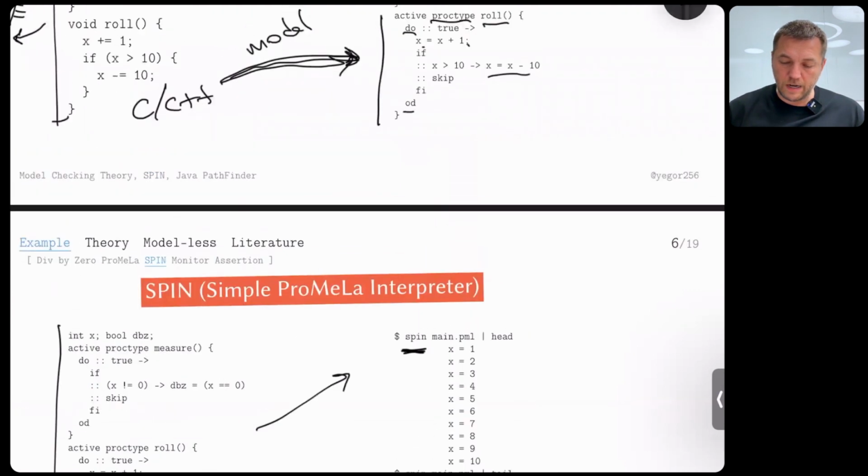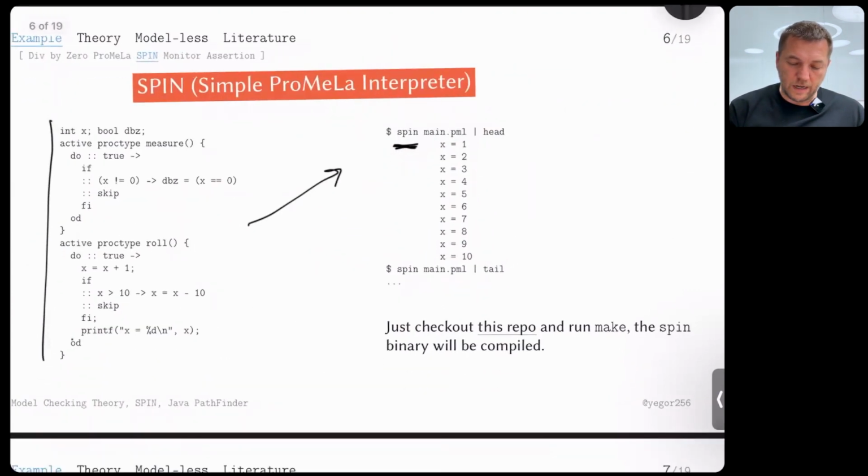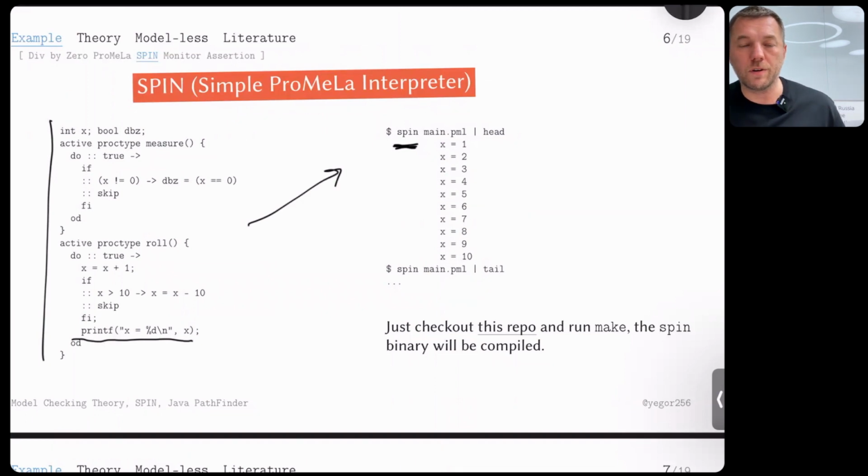I didn't have it there, so I added this line here. So you see that this language can actually do some normal stuff, not only be a model for processes, but also do printing to console and maybe some other operations. I'm not a deep expert there, but I know that printf definitely works. So when I run it with Spin, I say spin and then give the name of my file,